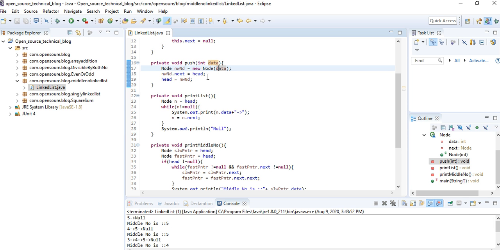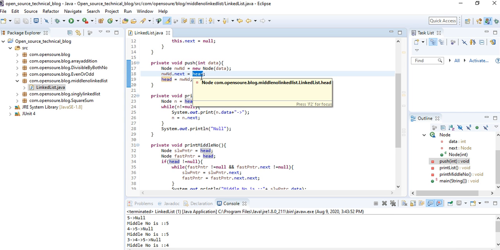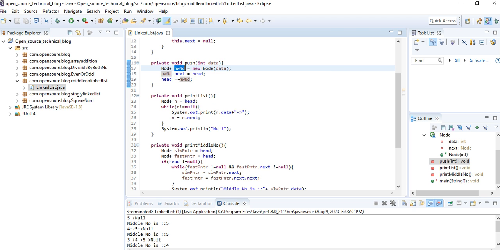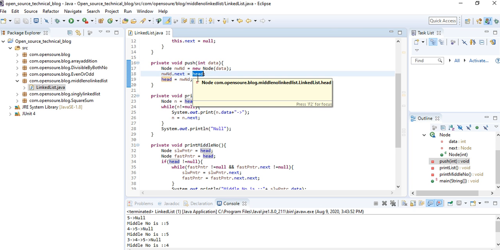Initially when we insert 5, head is null. So this particular node dot next equals null, then we are assigning head equal to this particular node, which is 5. Then we inserted 4, so head is right now 5.